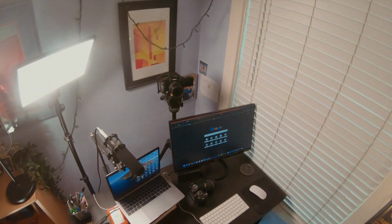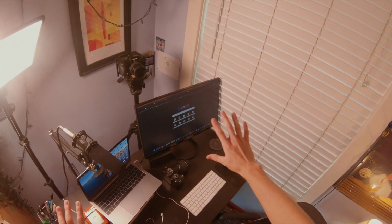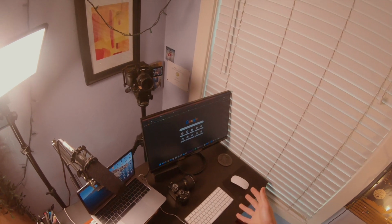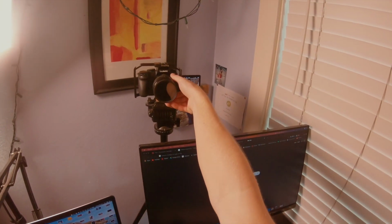And then the last and final step is just to turn on my camera, which again is on this tripod, sitting behind my desk, which has been pulled out. And again, my computer is right in front of me, so I can reference things off of that. And then all I have to do is click record, adjust my angle on the camera, and within like a minute and a half, we're good to start recording and make a good looking professional setup YouTube video from a